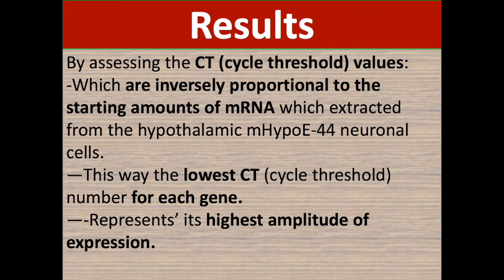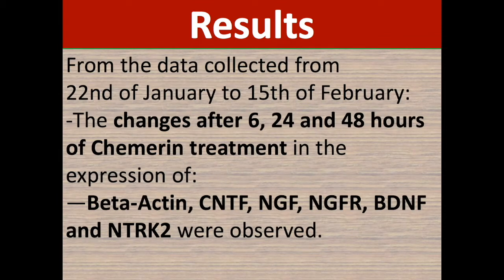By assessing the CT cycle threshold values, which are inversely proportional to the starting amounts of mRNA extracted from the hypothalamic M-hypo-E44 neuronal cells, the lowest CT cycle threshold number for each gene represents its highest amplitude of expression. From the data collected from 22nd of January to 15th of February, the changes after 6, 24 and 48 hours